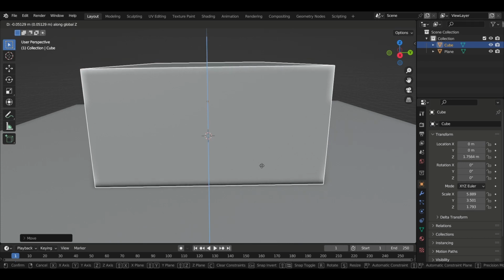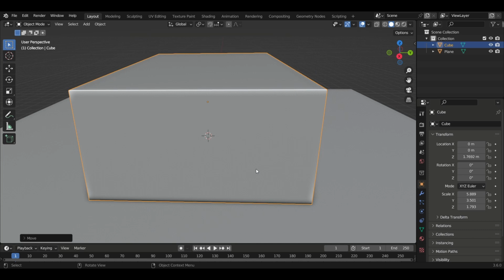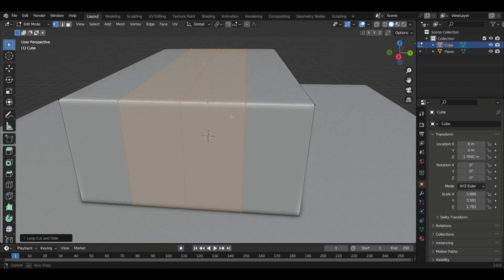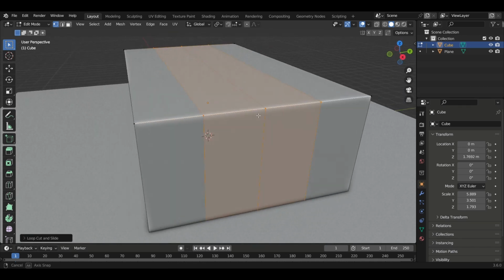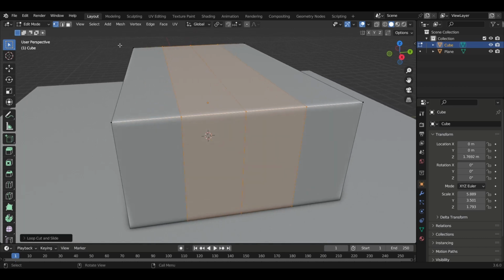Okay, perfect. Okay, then let's switch it to edit mode by hitting Tab, Control R to add a loop cut. I like to have 3 loops. Double click to lock the position of this loop. Okay, now